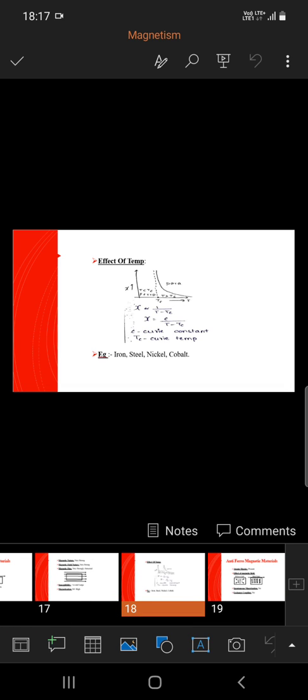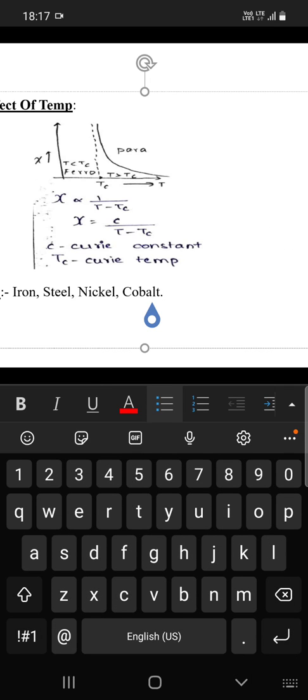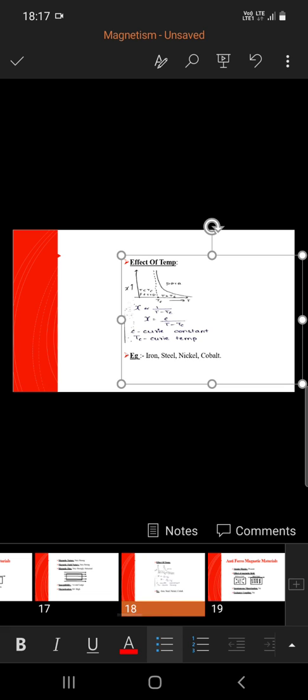Effect of temperature: chi is inversely proportional, chi is equal to C divided by T minus Tc, where C is the Curie constant and Tc is the Curie temperature. Example, iron, steel,